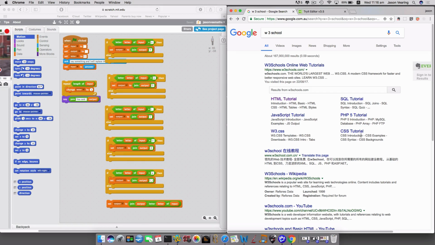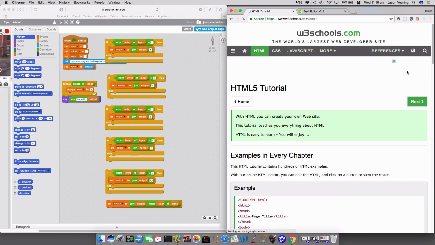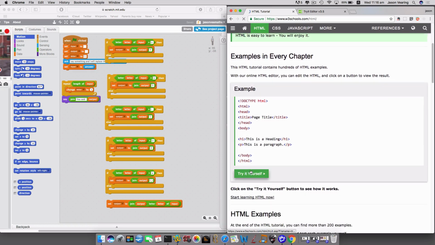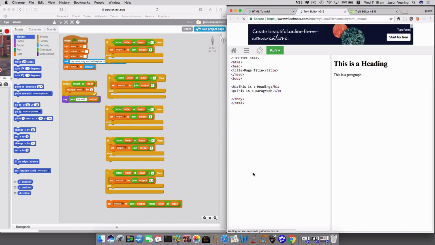Okay, so now we're going to build the same application in JavaScript. So Google W3 School, HTML tutorial, and scroll down to the try it yourself. Now we're only going to use this for a little part. We just want to get a result, and then we're going to take it away and save it to our desktop. The inherent problem with this here is that if you hit refresh, you lose everything, and it's very intuitive